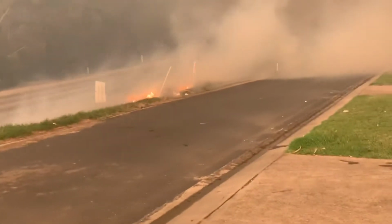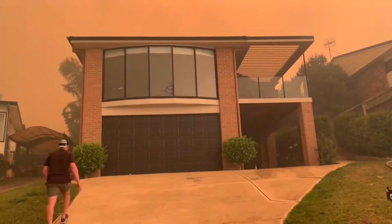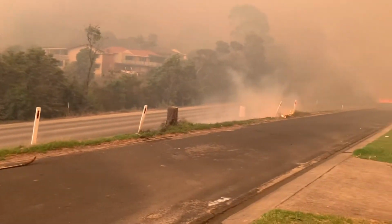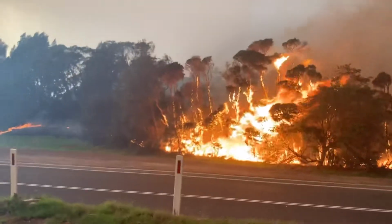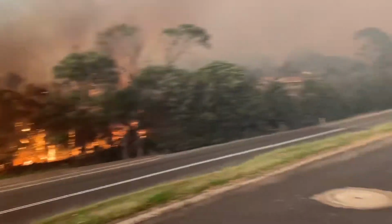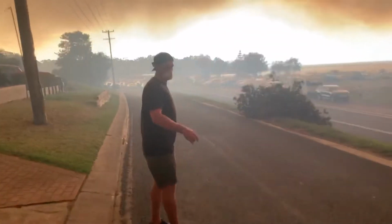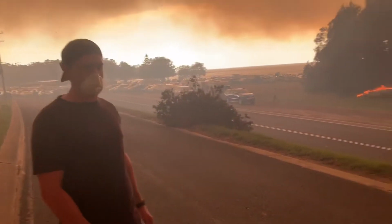Right next to us, we're going to try to put that one out. The house is still there. Trying to put out a number of fires already. Hit this with a bucket. I could just stay here, right? Yeah, if it changes this way we go, but if it doesn't change...